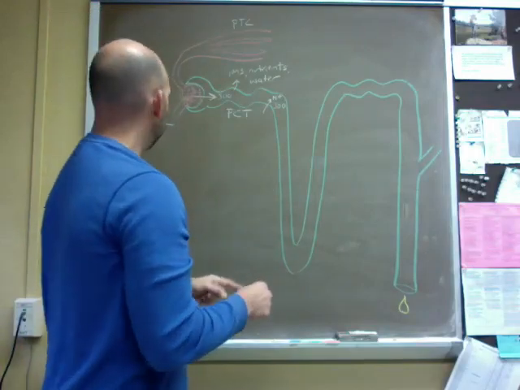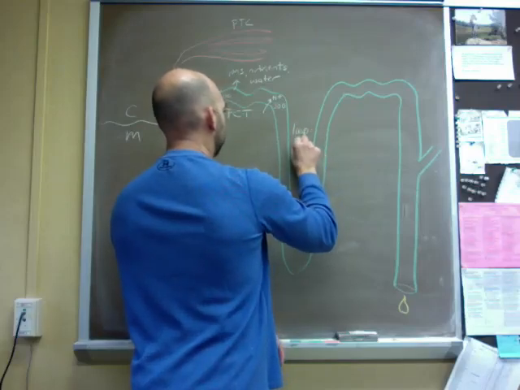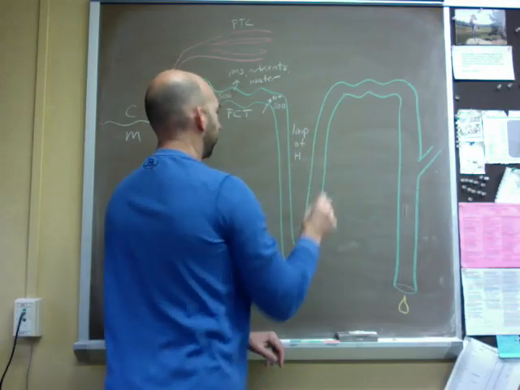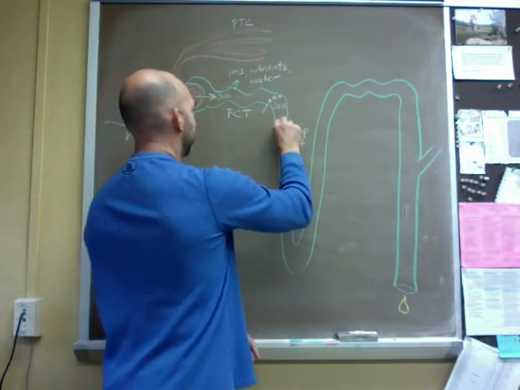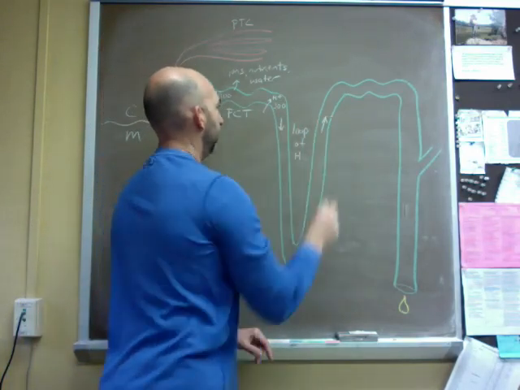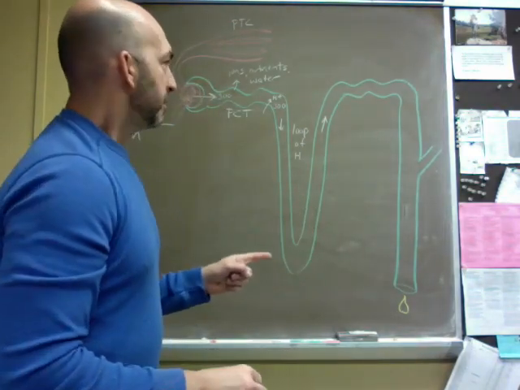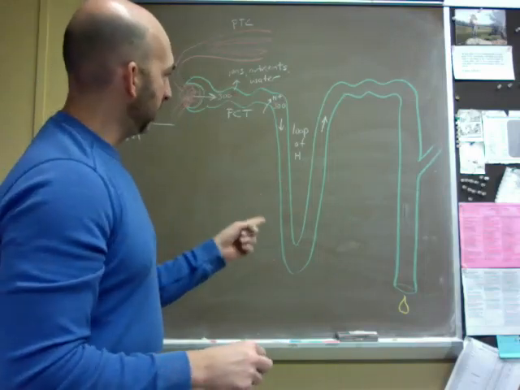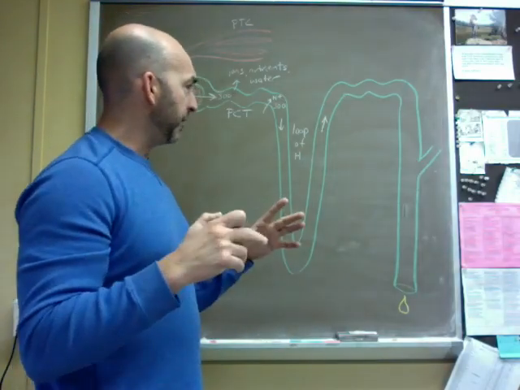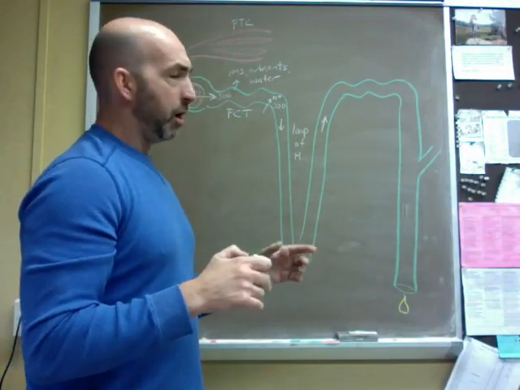So at this point, we enter the loop of Henle. Okay, this is the loop. We kind of have to jump over to the ascending, right? This is the descending limb. This is the ascending limb, right? In terms of our flow. We kind of have to jump over to the ascending limb to understand what's going to happen to the descending limb, right? And so in the ascending limb, we have specific transporters within the tubule wall that are going to